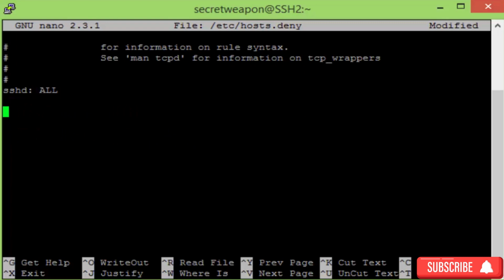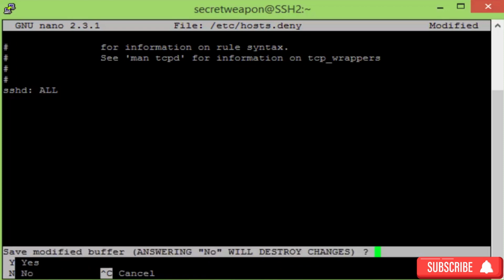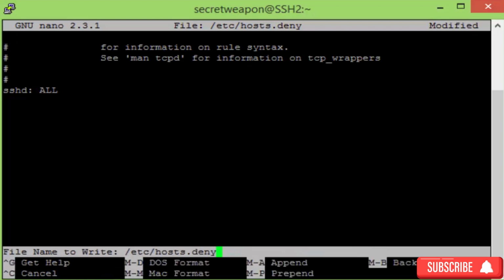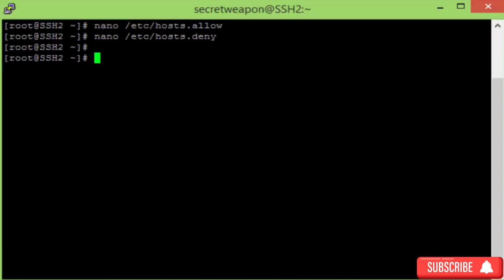And keep the rule sshd: ALL, which means deny access to the SSH service on this machine from all IPs. Okay, now let's save the file. I will press Ctrl+X, then type Y and press Enter. Okay, now let's try to access the system from any IP except